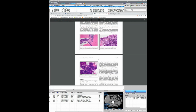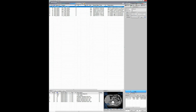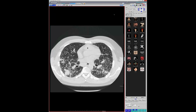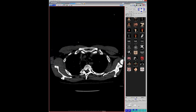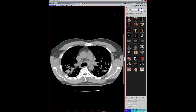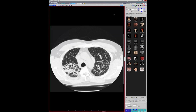And then I just found her history, and sure enough, she had Sjogren's. And then this is the last case, which I think we've all seen, but a nice example of a guy with pretty impressive lymphadenopathy, but high attenuation. Those nodes are pretty high attenuation. And some marked,